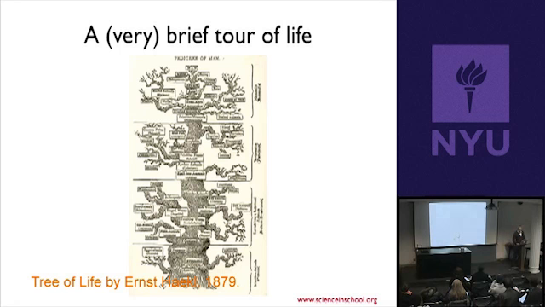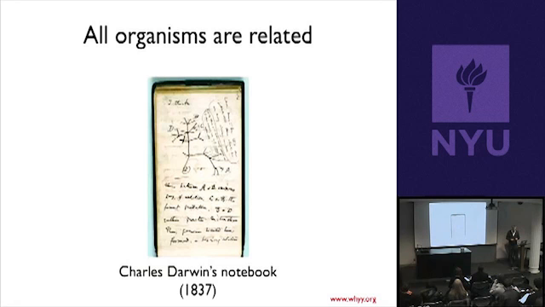The idea of representing the history of life as a tree and putting together as close branches organisms that are most closely related goes back to Darwin, okay? And so this is a sketch from Darwin's notebook in 1837. So this is obviously many years ago, and it's probably the most important example of somebody sketching in their notebook an essential idea, okay?